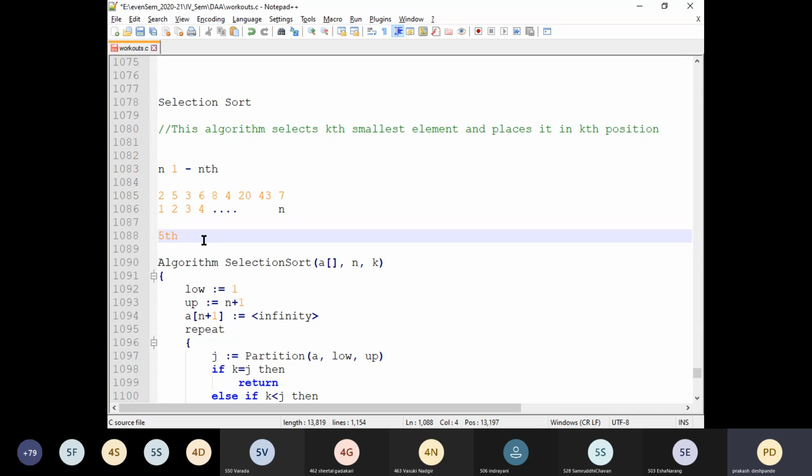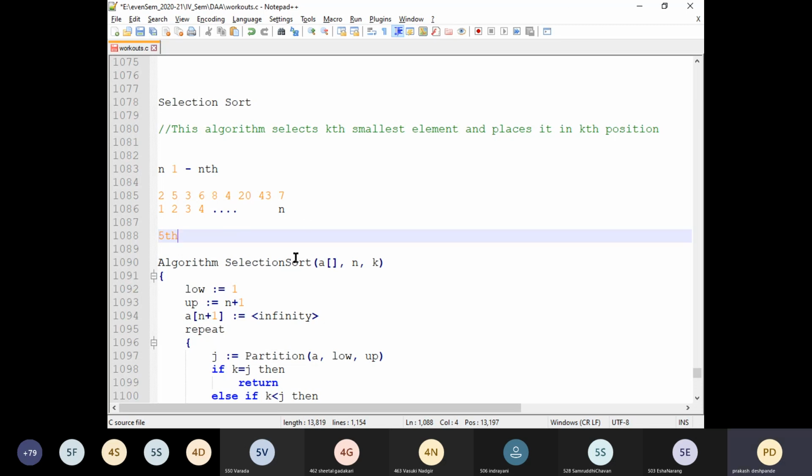That could be one application. Or, if you are a fan of cricket, in the cricket game they may show you the best partnership at the 5th position, the best partnership at the 6th position. How do they find out? Basically, it is found by using this selection sort algorithm. At a particular position, if you want to know certain values from random, unsorted numbers, then this selection sort will help us there.